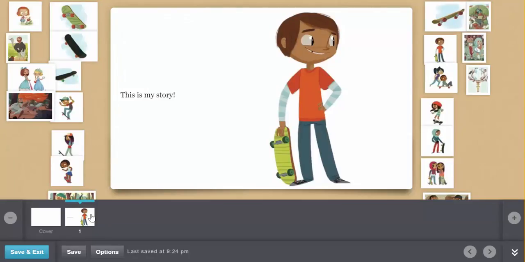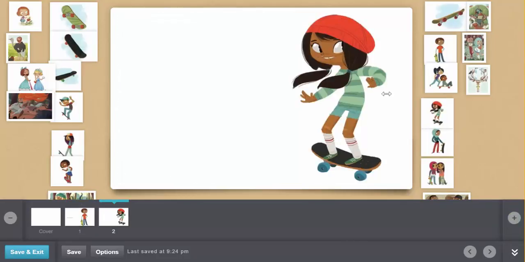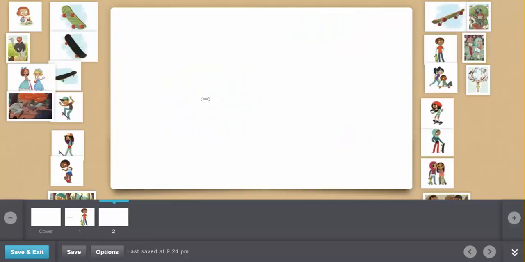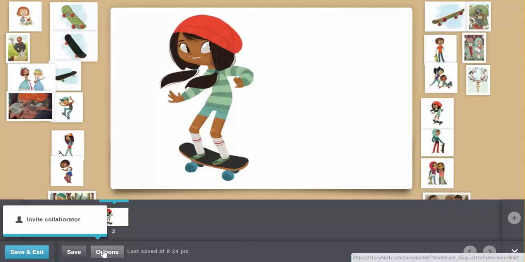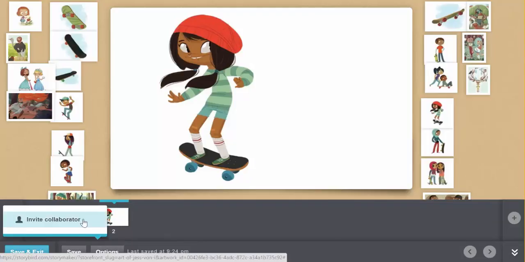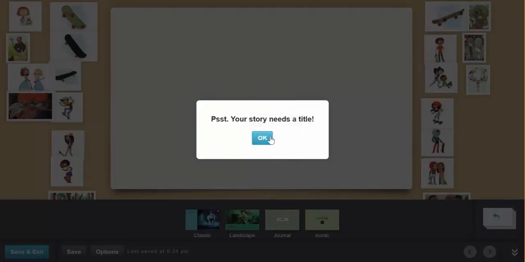Then I can add another page by clicking on the plus, and on this page I can drag any artwork that I want to. I can put the picture, I can take the picture off, I can move the picture from one side to the other side, and there are lots of things that you can do. Students can also work together and they can collaborate. So when they're done, then